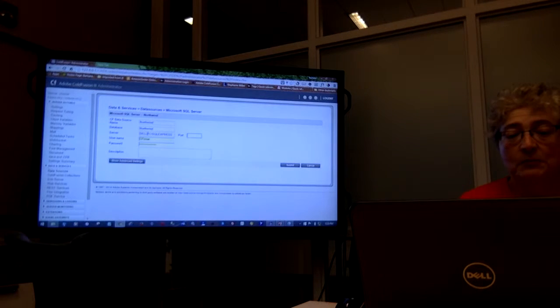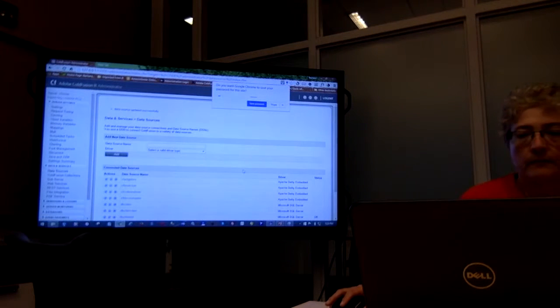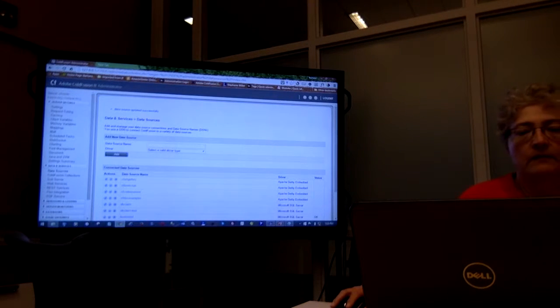This I know. No port. And yes, I know I shouldn't do this. Data source updated successfully. Yay! Okay. So what I did is I set up in